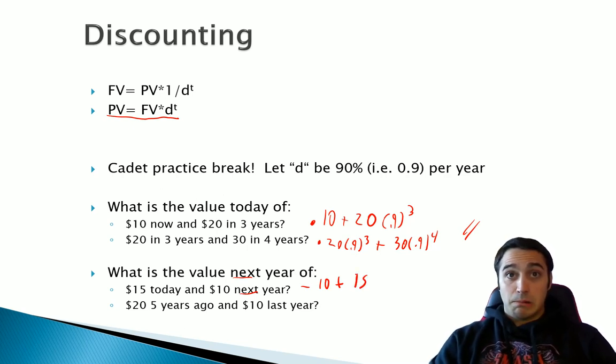$15 today next year should be worth more because I'm waiting on it. So I want to make this worth more money. To make it worth more money, I should be dividing it by 0.9. Similarly,